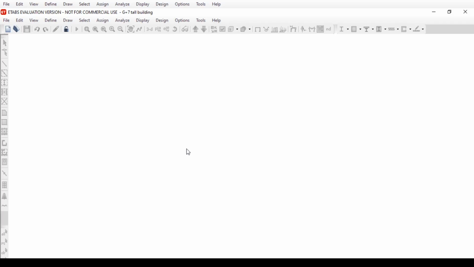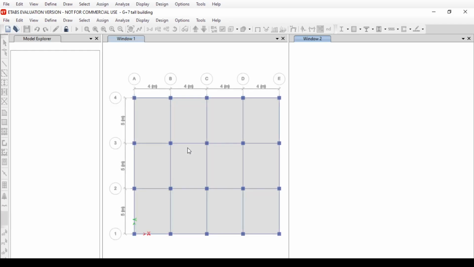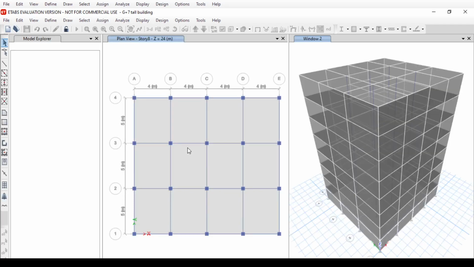Wait for some time, the software is running to open the building model. Now the building model has appeared.